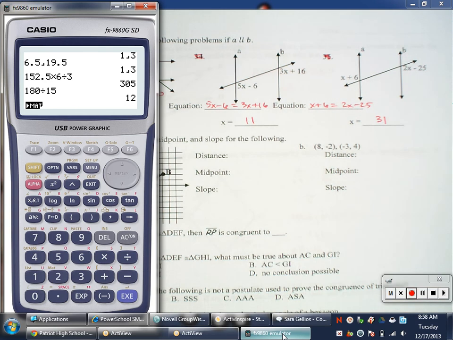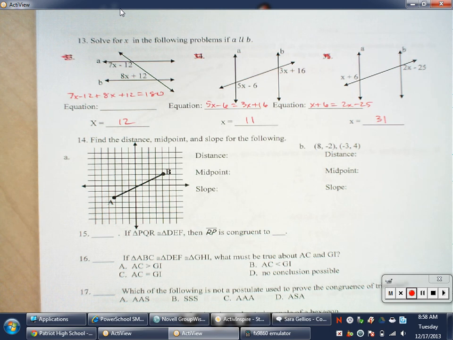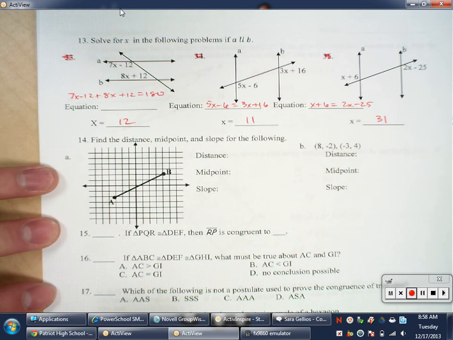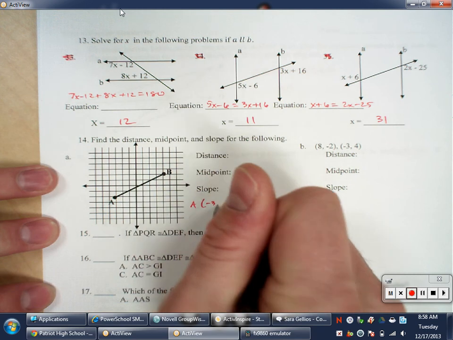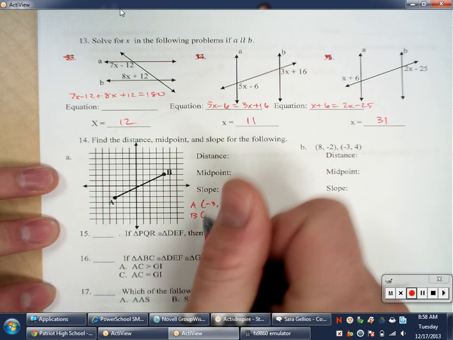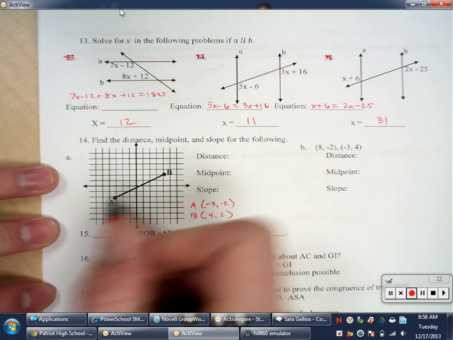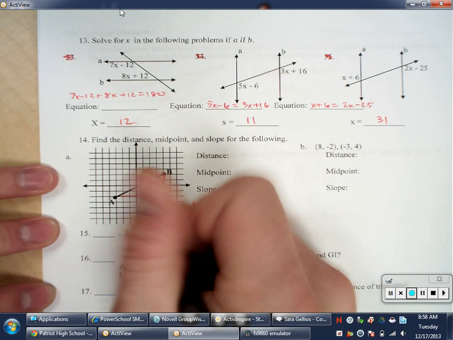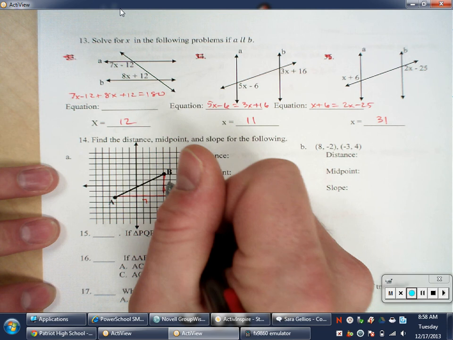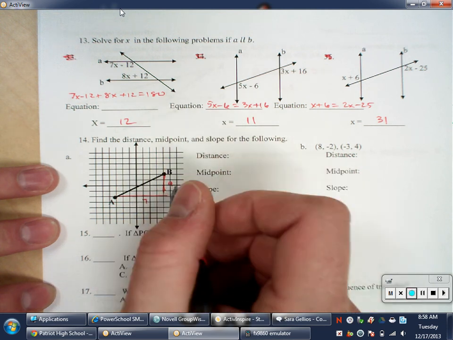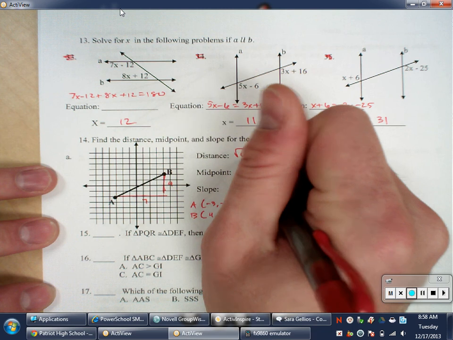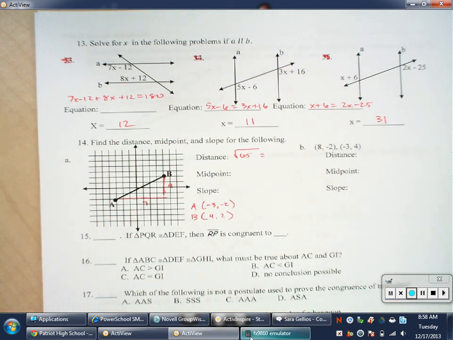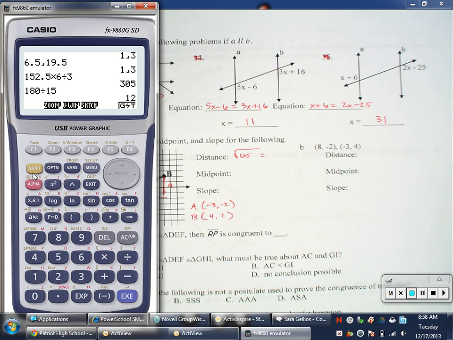Distance, midpoint, and slope. Let me get rid of my calculator there, sorry about that. Distance, midpoint, and slope we got to get good at. It's on every test. So A is -3, -2, and B is 4, 2. Distance here, I would just do Pythagorean theorem. This is 7, that's 4, that's 49 plus 16. It's the square root of 65, which in my calculator, the square root of 65